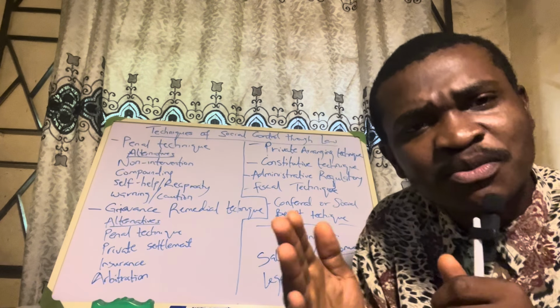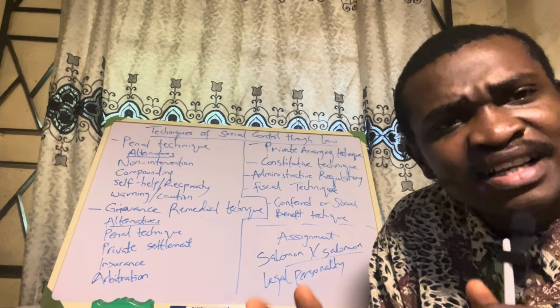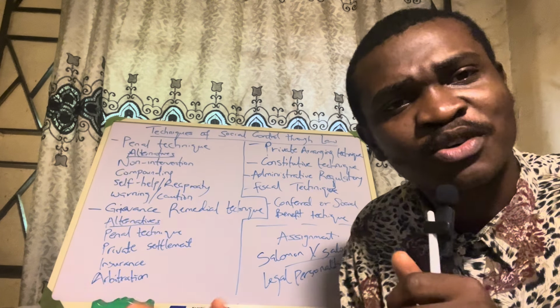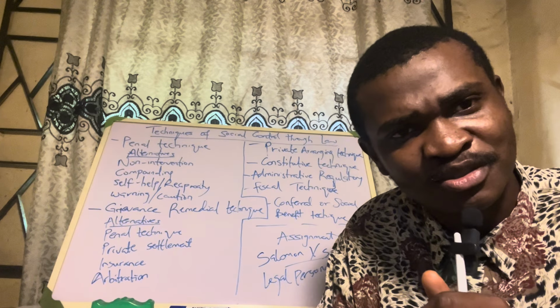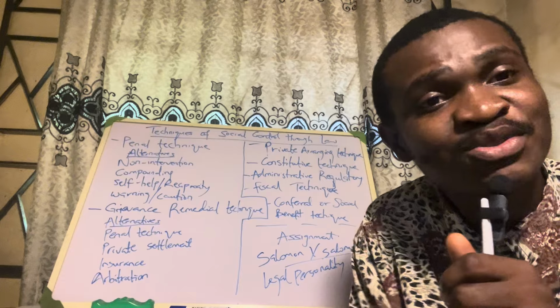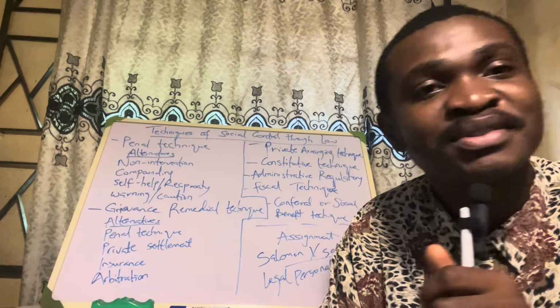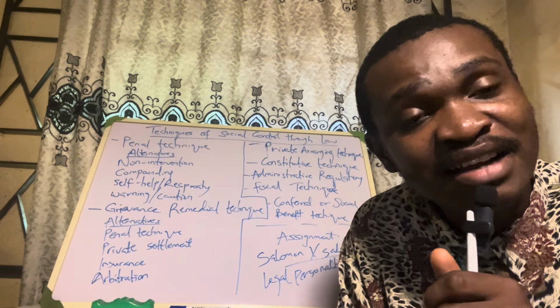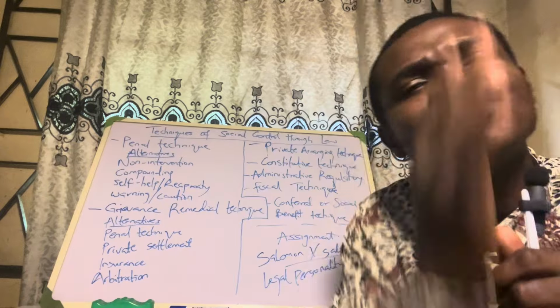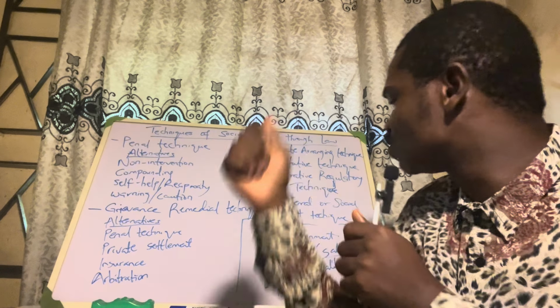So if you provide these things, you are trying to control the social behavior of people. Because if they are at work, they are at work. Once after work, they must be tired, they will go and sleep. Instead of using that time to go and thief, they will go and sleep. By morning, they have woken up, go to work and stay. They are controlling their social behavior. The society will become a better place. That is conferral of social benefit technique.